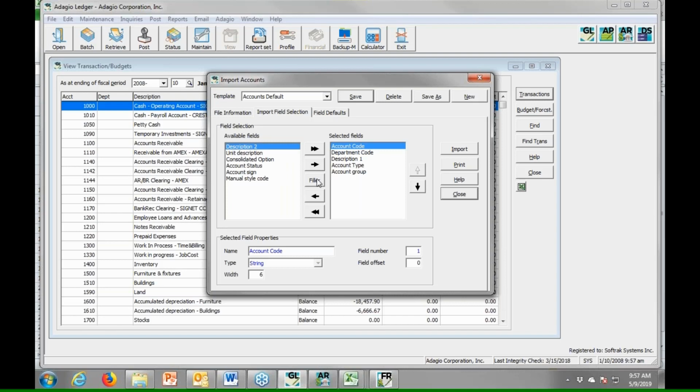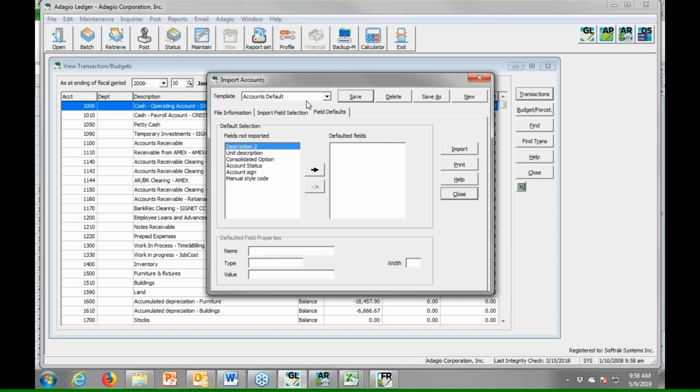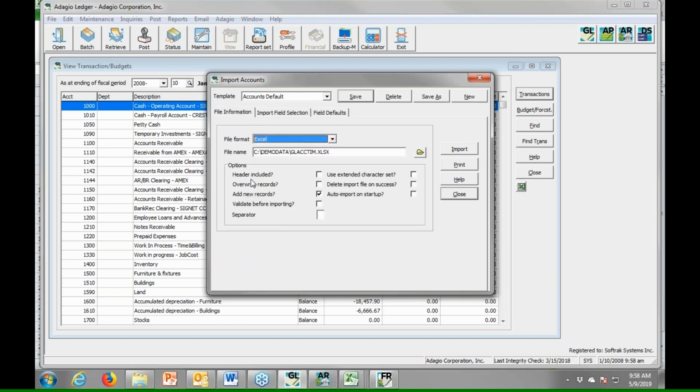If the import file has an empty spot and you want to just skip that field in the import, you can have a filler. And for those imports where you're missing a value that the application wants, or you want to default a value for every single record that comes in, you can provide a default. So these templates can be set up, including with some overall options like auto deleting the file on success if you want, and auto import on startup. Imports and exports can be automated so that if you have some external application that's generating some Excel spreadsheet or comma separated value file, you can automatically import those into Adagio